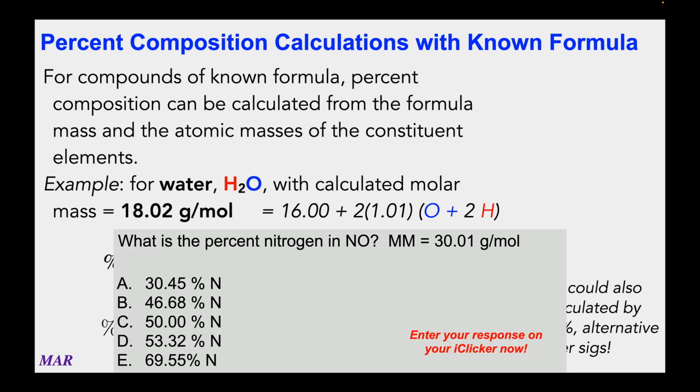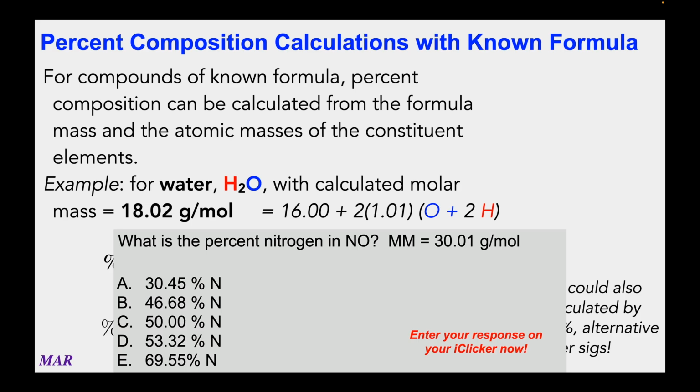This is a question you might see. It says, what is the percent nitrogen in nitrogen monoxide? And MM stands for molar mass. NO is about 30.01 grams per mole. So for the nitrogen, there's 1 N in NO. Nitrogen is 14.01 grams per mole. So the percent nitrogen in this case would be 1 nitrogen divided by the molar mass of the whole thing